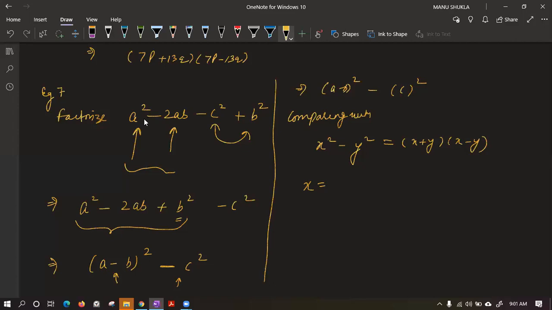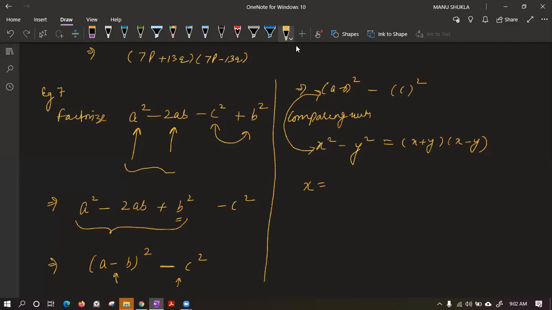No, Ananya, it is not a. Please compare properly. See the bracket, see the square, and then compare. The first term x is equal to what? Okay, Abhinav, correct answer. Try to compare the first terms and tell me the value of x. Okay, Ananya, x is only a minus b, beta.